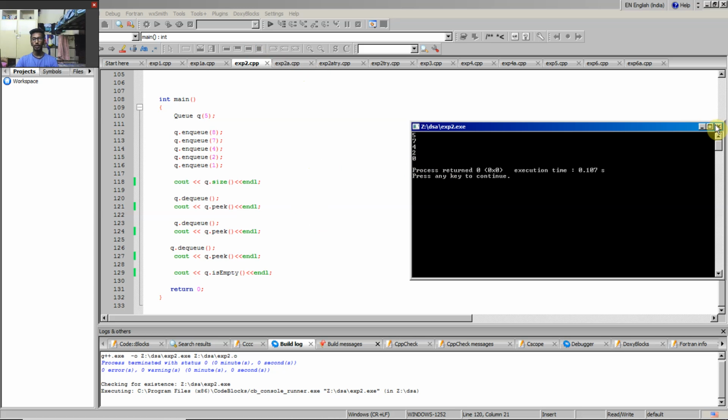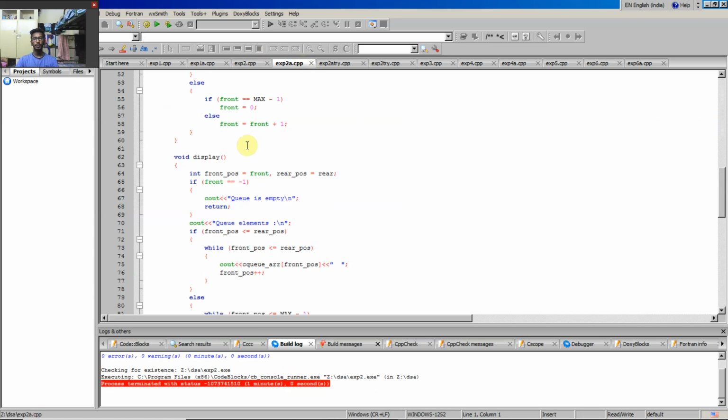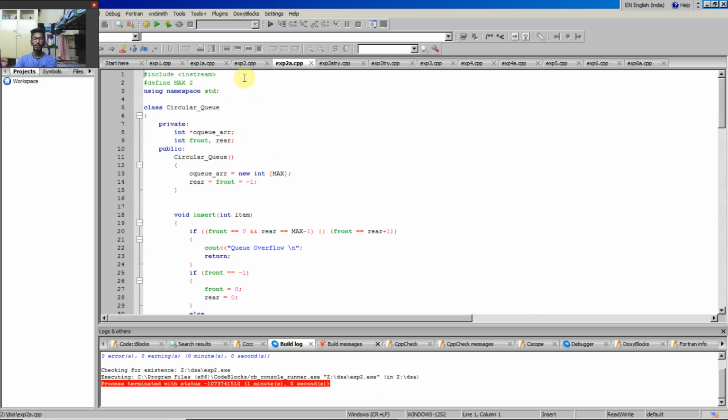Now let's go to our next program. Our next program is a circular queue. It's almost the same as our normal queue, but the only difference is that in a normal queue, when the size gets finished, suppose we are passing a value as 5, we keep on popping and front and rear become equal, then we can't insert. It will show Q is full